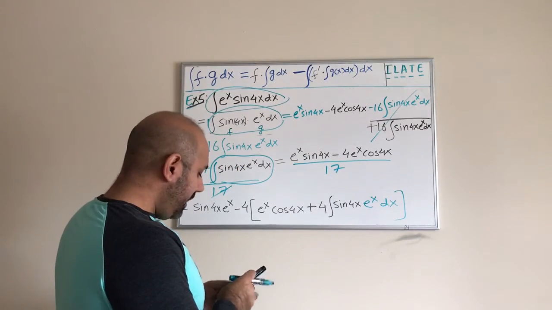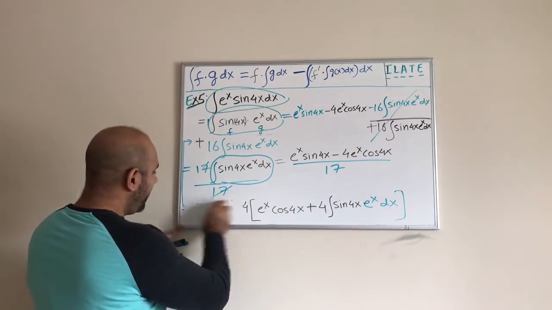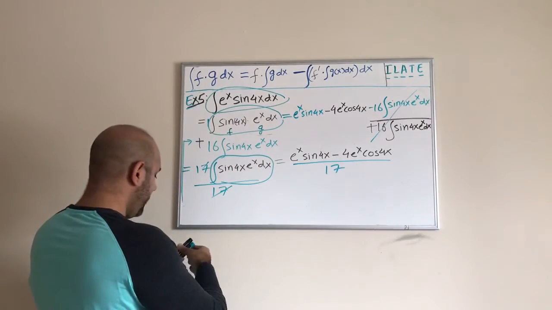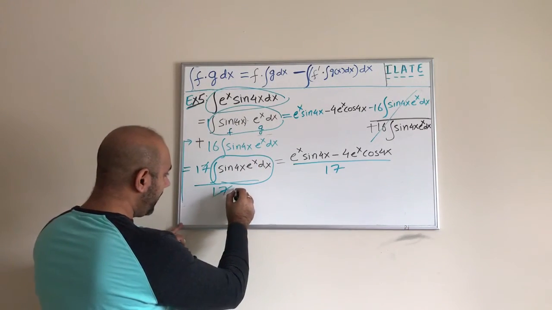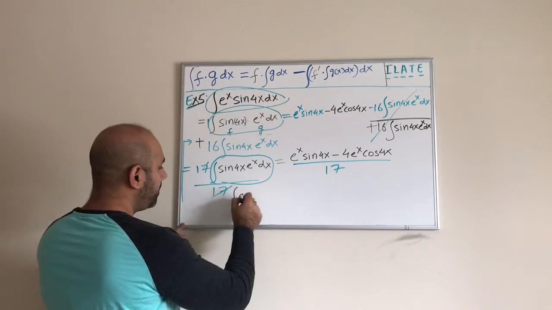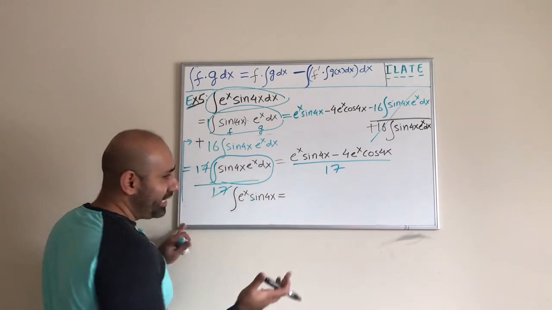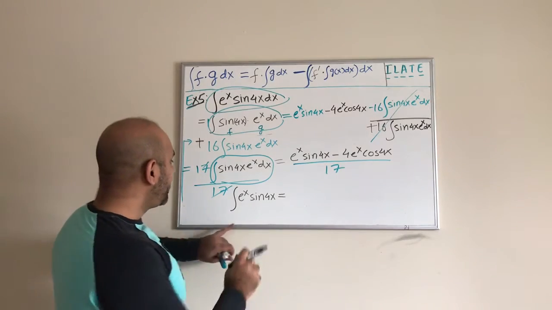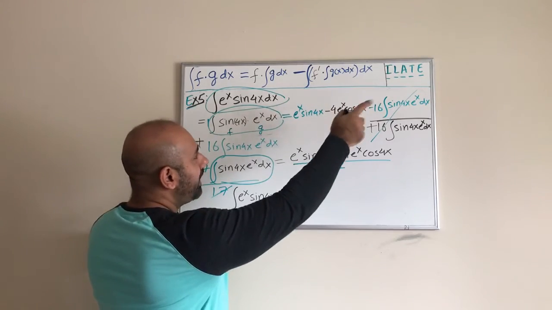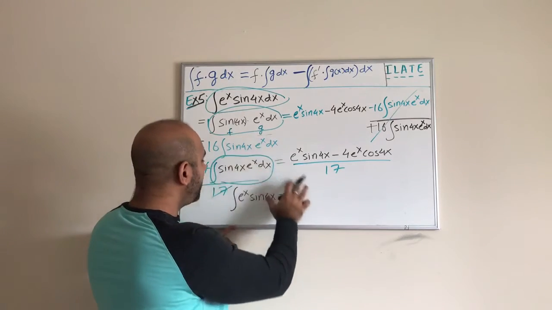So that's it, guys. Let me actually get rid of this last thing, so that we can write the final answer in a nicer way. So finally, the final answer for the integral. I'm going to rearrange it back like the original form, e to the x sine 4x. Keep in mind this and this are exactly identical, it's just rearranging things. So this is what we wanted to evaluate in the first place, but we rearranged based on this fact that the trig function takes precedence over the exponential function, all that, and then once we did all that,